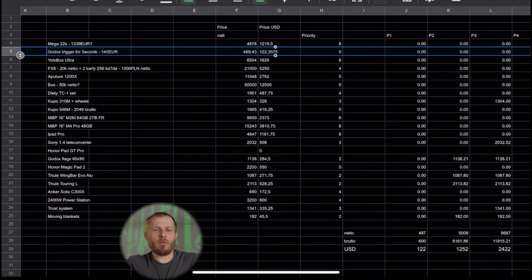I can live without it, but when I measure my flashes and speed lights, I have to trigger them either by the camera or by a physical trigger. So I usually have to have my trigger in my hand when I measure them. And if I have the trigger for my Sekonic, I can trigger my flashes just with the measure button on the Sekonic. So that would be very useful, but it's like